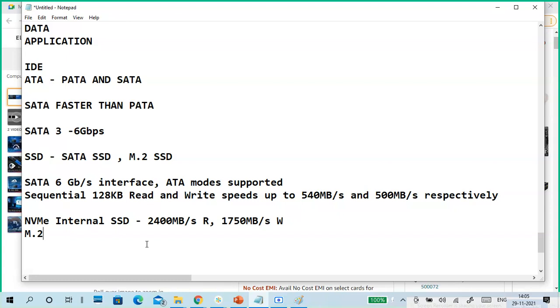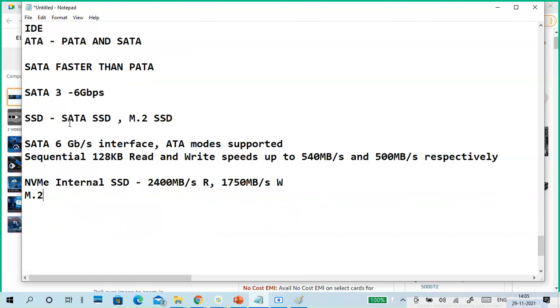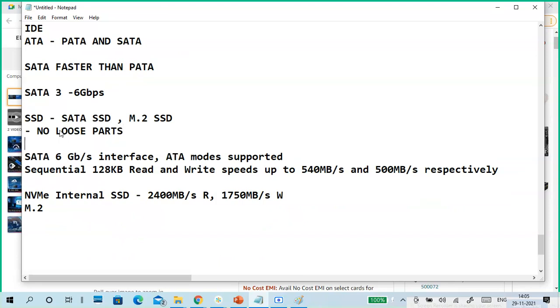I have written about SSDs here, right? So SSDs actually have no loose parts. First of all, second one is SSDs have no platter, no magnetic materials.